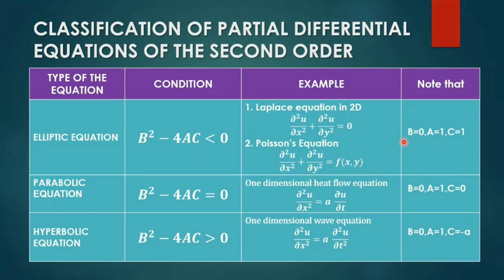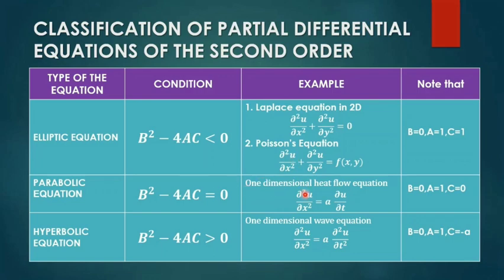In both these equations we see that the b value is 0. b is nothing but the coefficient of dou square u by dou x dou y. So here you don't have that term itself. So b is equal to 0, and a, that is the coefficient of dou square u by dou x square, is nothing but 1, and similarly c is also equal to 1. So when you substitute here, you will see that 0 minus 1, that is minus 1, which is a negative value, that is less than 0. Hence these two are elliptic equations.